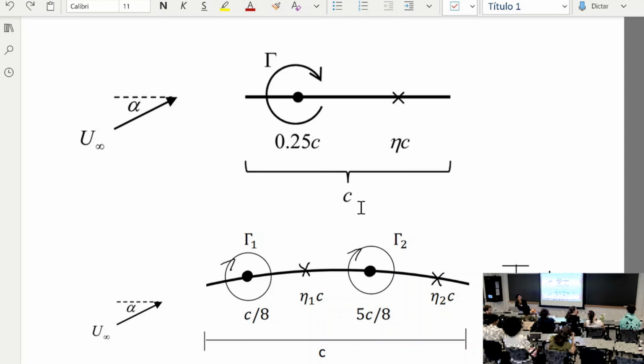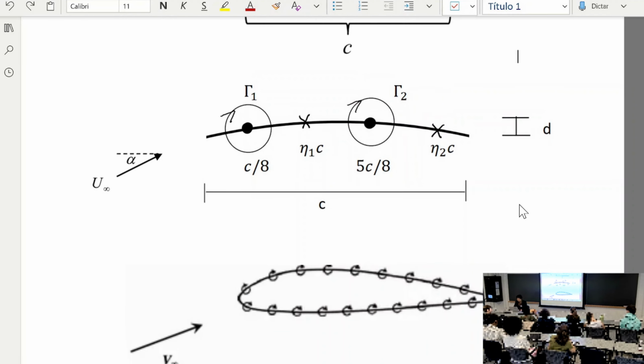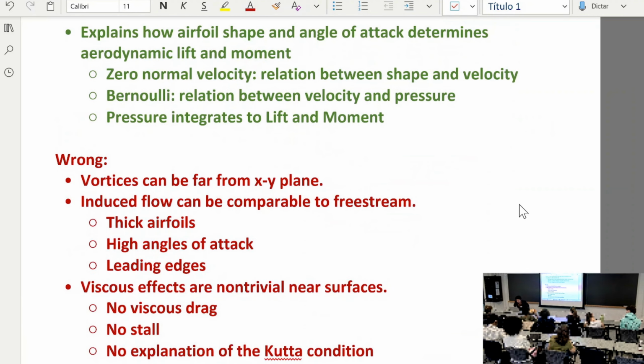Yes? Is there a general rule of thumb for a thickness to chord ratio at which thin airfoil theory stops being accurate? Good question. There is no strict rule, and it actually depends on what you want to use it for. As I said, on the leading edges, even for extremely thin airfoils, you're going to be wrong if you look at, for example, the pressure distribution and velocity distribution there. But if you look at the overall lift and moment, it can be pretty accurate even all the way to 20% thickness. So yeah,